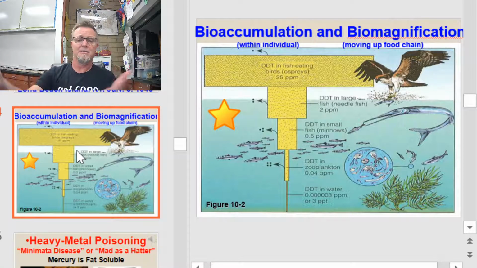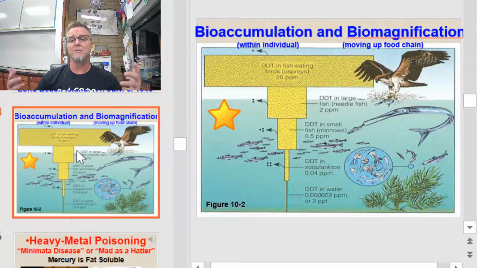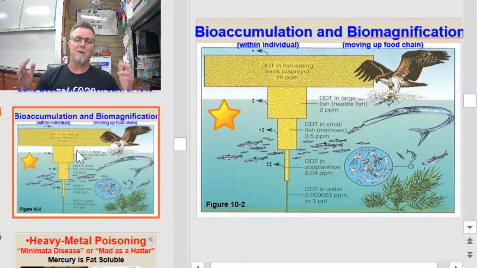And now the fish gets a double dose. It's absorbing the toxin from the environment, and it gets a dose of toxin in almost pill form from me. And if a bird comes and eats that fish, it just marches right up the food chain. What we end up losing more than anything else are our top predators in the food chain, like eagles. They start laying soft-shelled eggs. They can't reproduce. Without those predators, the whole food chain destabilizes. The food web collapses underneath it.